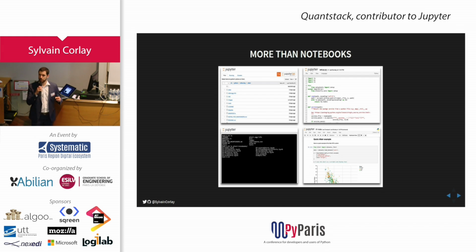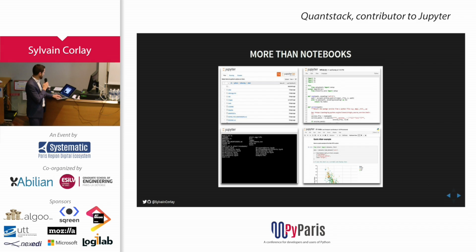While the notebook is the most visible item of the Jupyter ecosystem, Jupyter is also a file explorer, a text editor, and a console. And all these things together are the different tools and means that as data scientists and engineers we use to interact with the data.